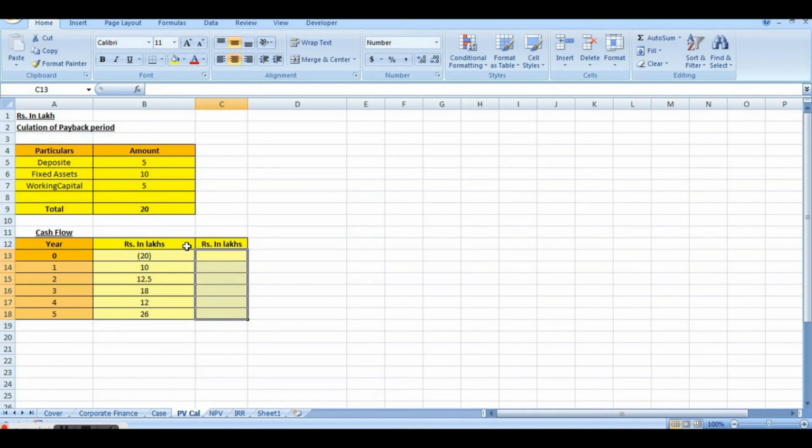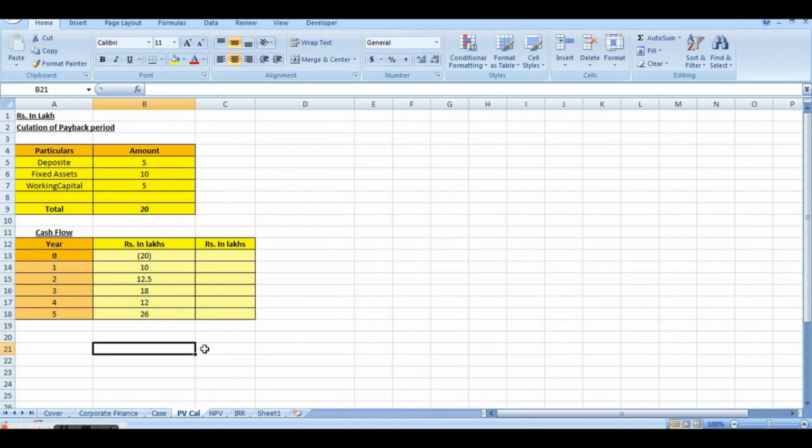At the start of year 0, you will be having the outflow of 20 only. Now while calculating payback period, you can do it in two ways, either by calculating the cumulative inflows and comparing it with the outflows, or simply deducting the inflows from the outflows to find out the period wherein you get all your outflows back. We'll see the simpler one, or you can say both of them are similar or simpler. Cumulative cash flows.